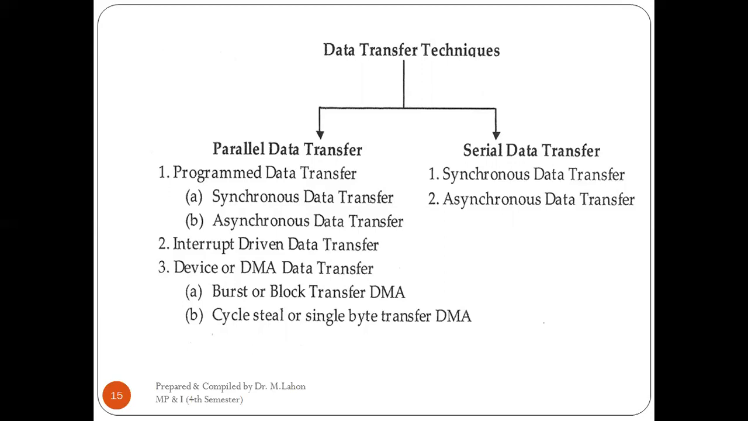Synchronous data transfer occurs when the speed of both the CPU and the device match. Asynchronous data transfer occurs when there is a mismatch. Interrupt-driven data transfer is when the device interrupts the microprocessor for a transfer. And DMA data transfer is used in case a huge amount of